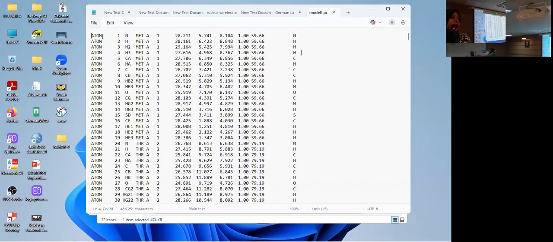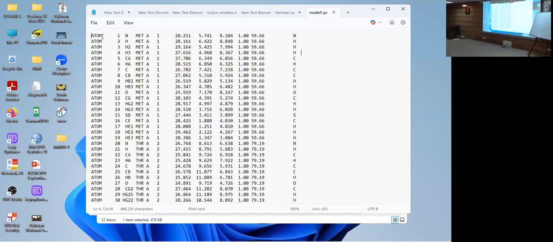The PDB file is the complete coordinate file of your protein. It means every atom present in your PDB file has coordinates in three-dimensional space, meaning where it should be placed in 3D.